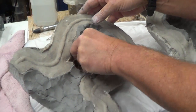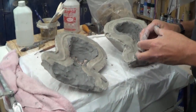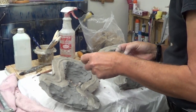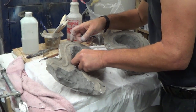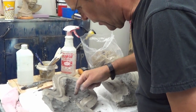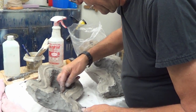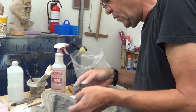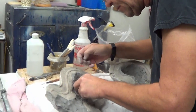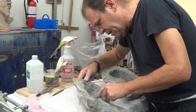Basically, you just fill this stuff in with the water-based clay. The mold's not fully cleaned out. I figured what's the point until we get this clay in there as well. The cheeks aren't going to be moving, so I really don't care about the thickness there, but basically this will make a stone. We're going to pour stone inside this mold after the two halves have been put together, and it will make this displacement